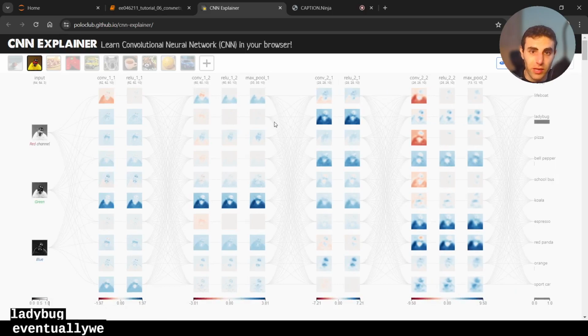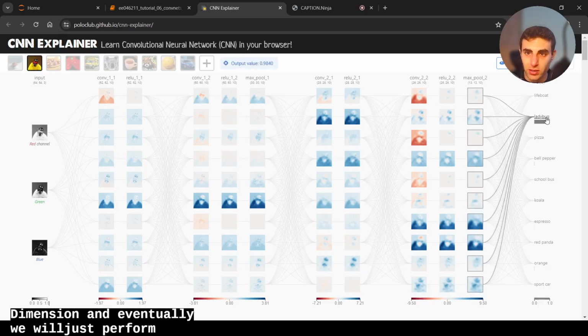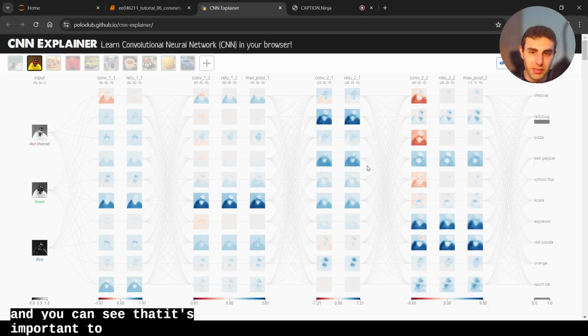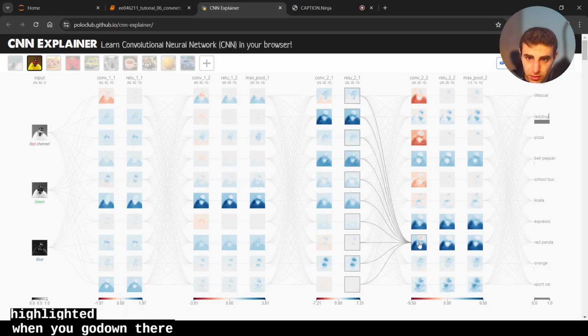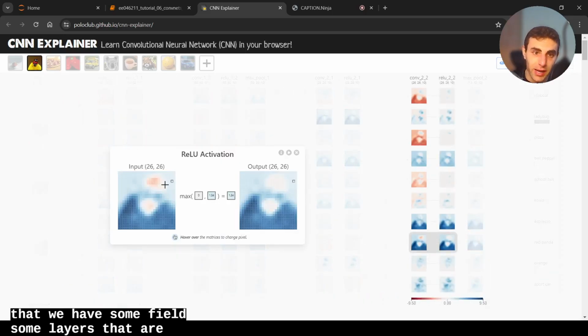Eventually we go down in the resolution and we increase the channel dimension, and eventually we will just perform classification to classify the ladybug. Okay, and you can see that it's important to have multiple layers because each layer operates on a different resolution, and as we go down in the resolution, we are able to capture more information in a single filter. So while here just some part of the ladybug is highlighted, when you go down the network, you can see that some layers actually highlight more area. Okay,